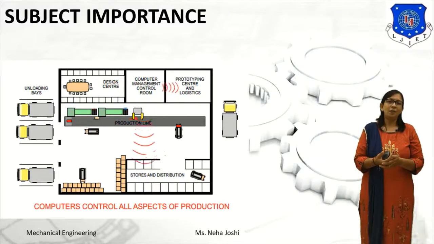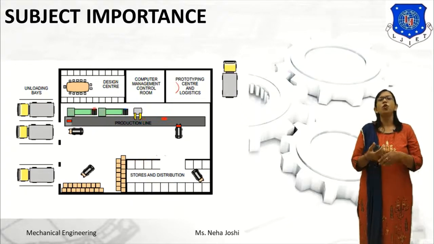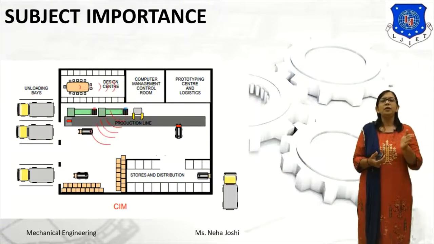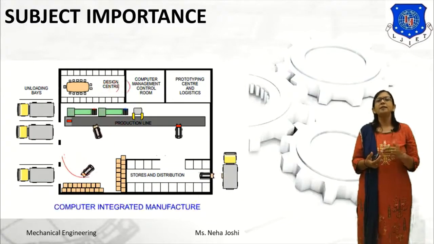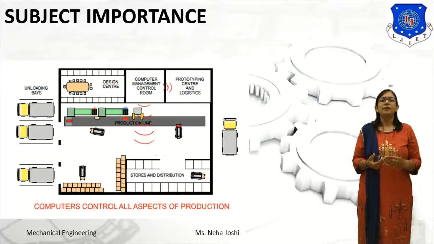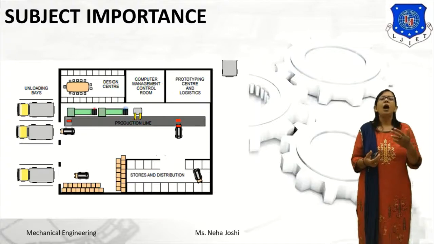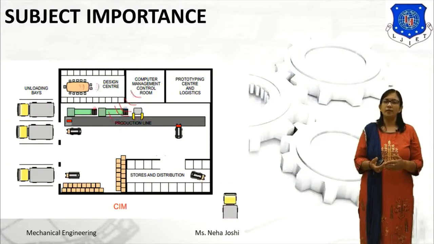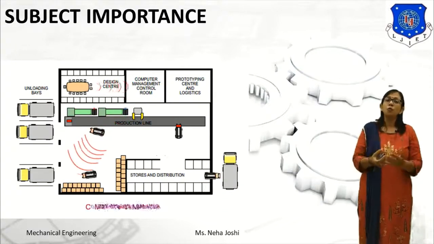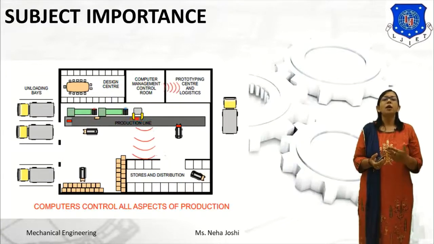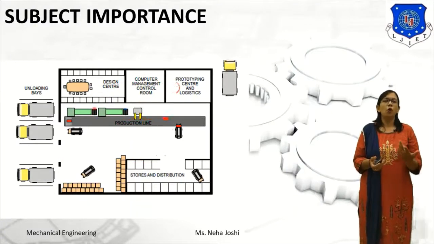Automation in the industrial workplace provides the advantage of improving productivity and quality while reducing errors, waste, and increasing safety and adding flexibility to the manufacturing process. Here you can see how automation is used nowadays. So this subject is most important to study, that is how automation is done and the various tools which are used in automation.